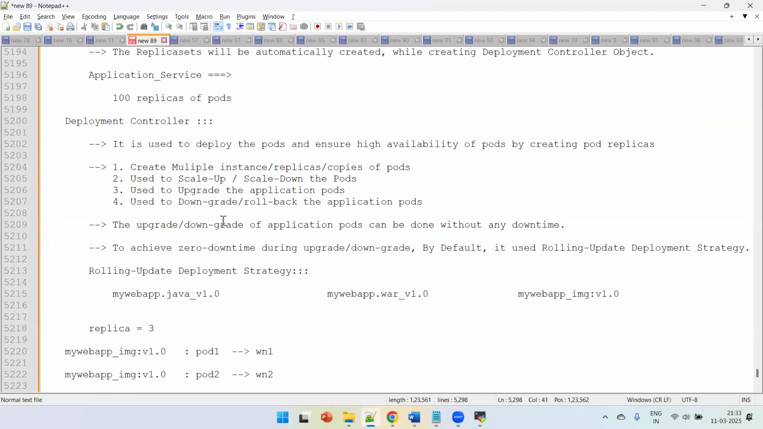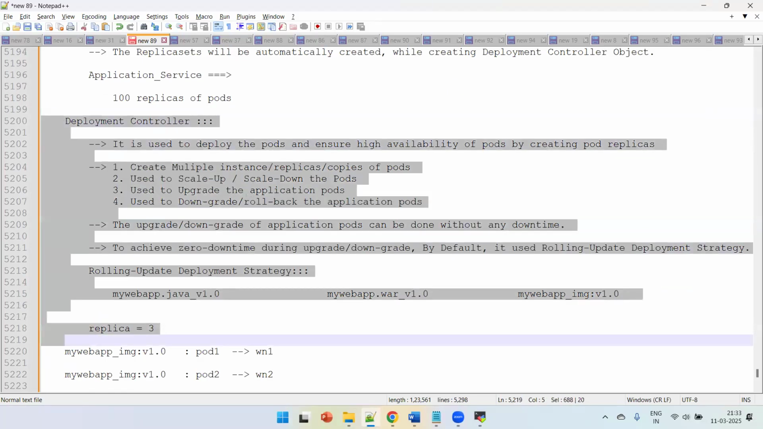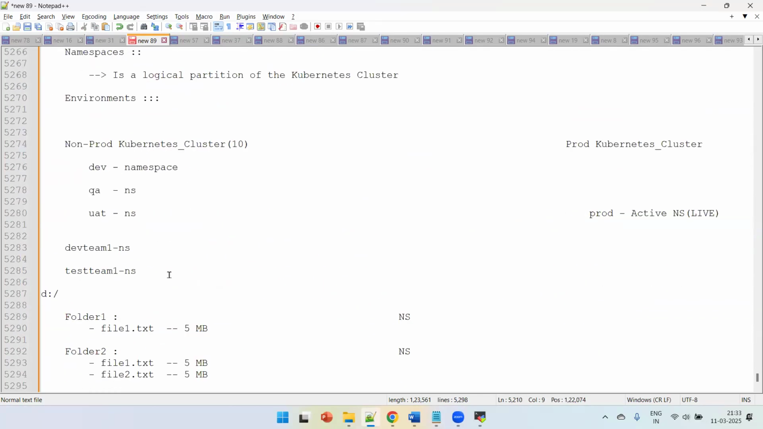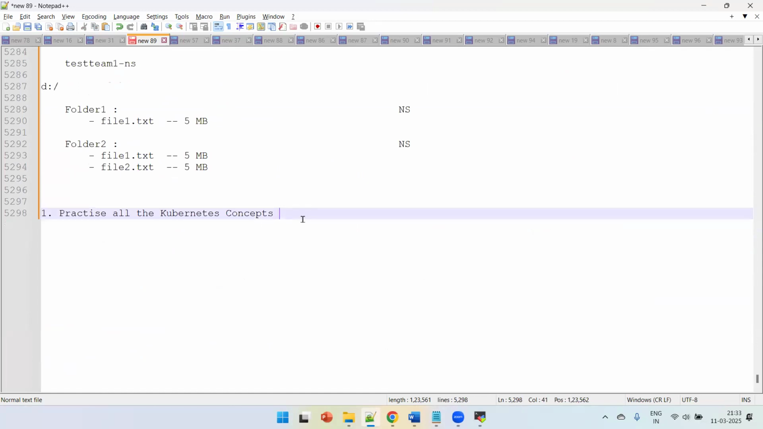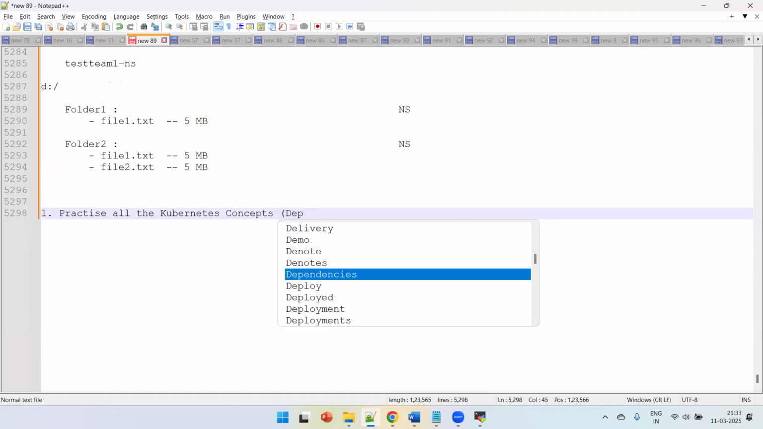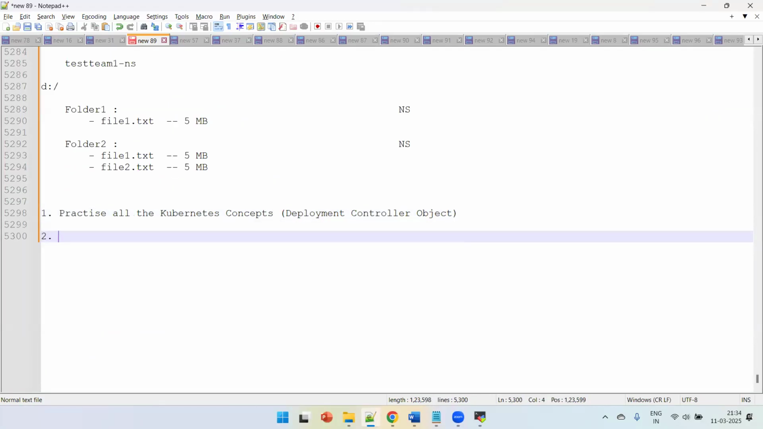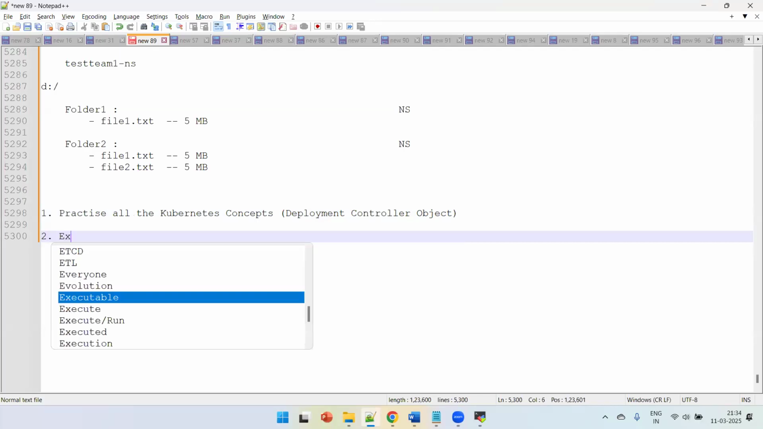I want every one of you to practice this with the example which I'm going to share with you. First, practice it. Understand how to deploy, create replicas, how to scale up, scale down, and upgrade it without any downtime. Once you practice this, especially your deployment, your next step is to execute your